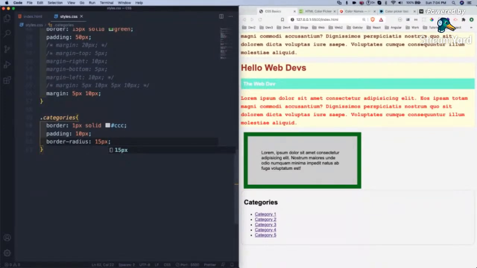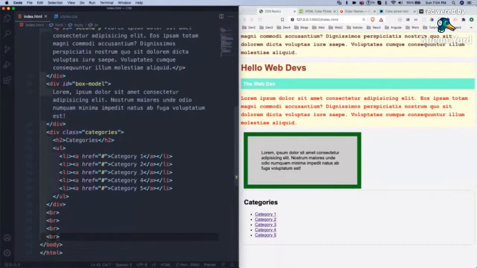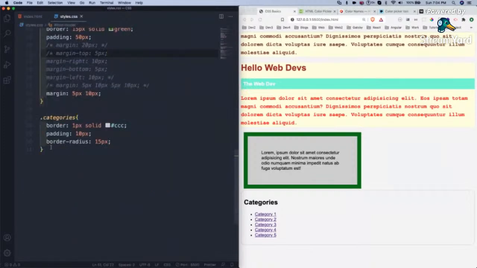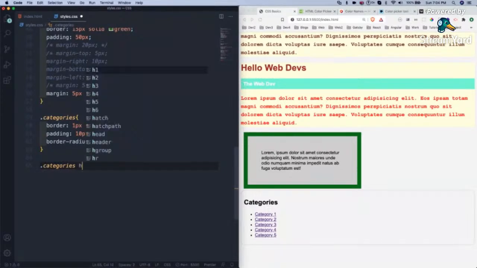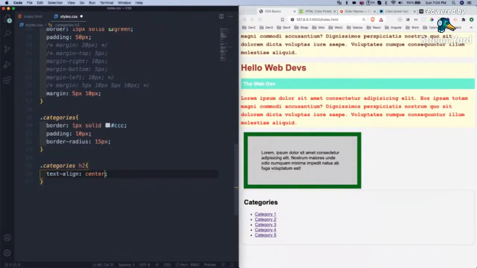as we've seen earlier, we want to target something. We can target it by directly giving the class name. So I want to target the h2. So what I will do, dot categories and then h2, so that I can target this only. And I will do text. There is another property known as text align, and I will do center. So see this. By default it is on the left side. So I will do text align center. So it came to the center. So this is another very good property, this text align center.